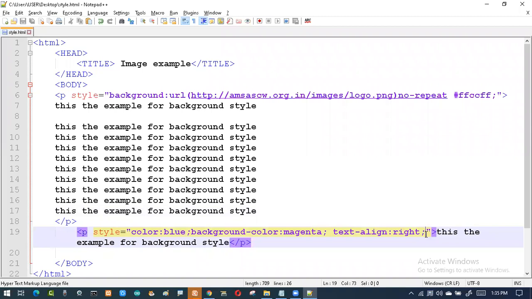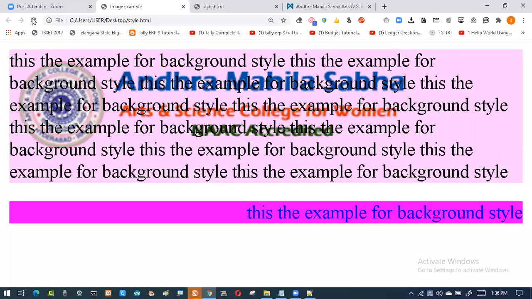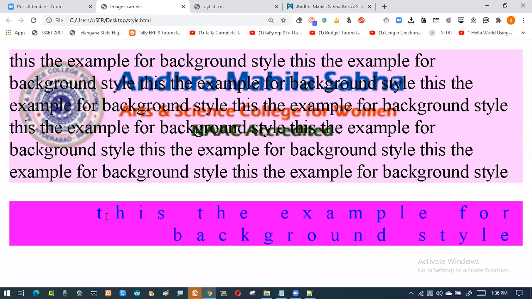I want the spacing. So I'll be saying letter spacing. Then here I'll say 2 pixels, 12 pixels. I've already been explaining about pixels, mm, centimeters, points, like this in the previous session. So I want the gap between the letters. So I'll say letter spacing here. Now you can see I got the letter spacing.